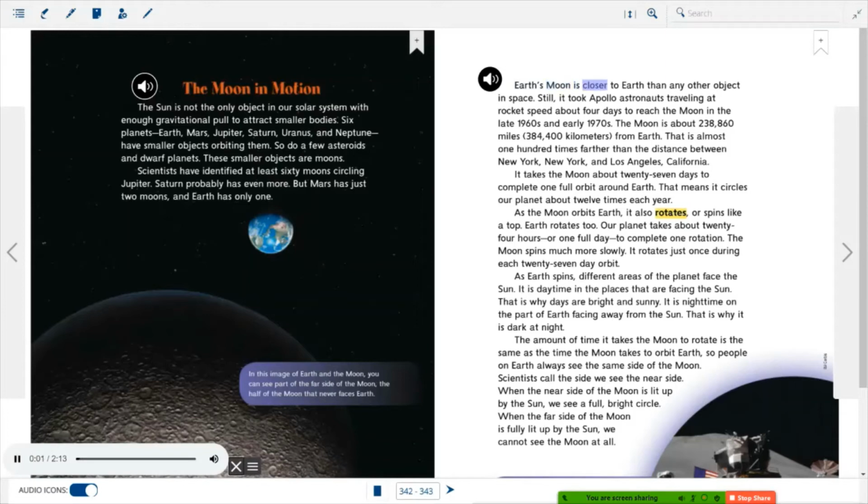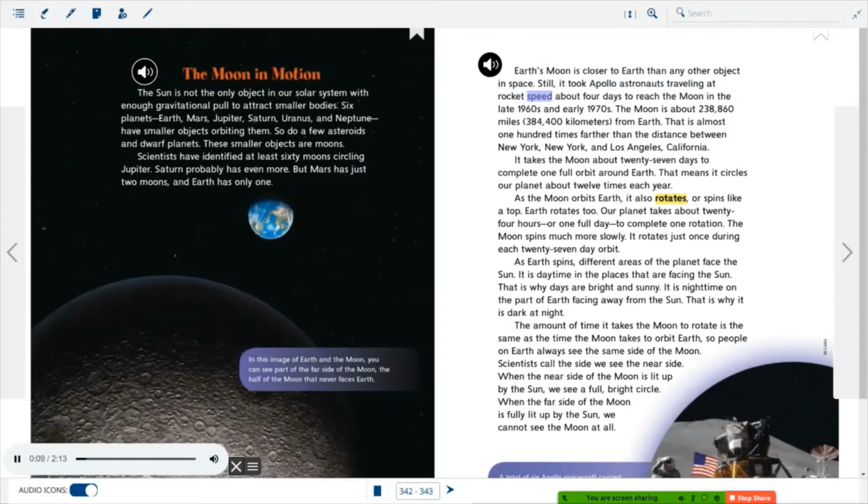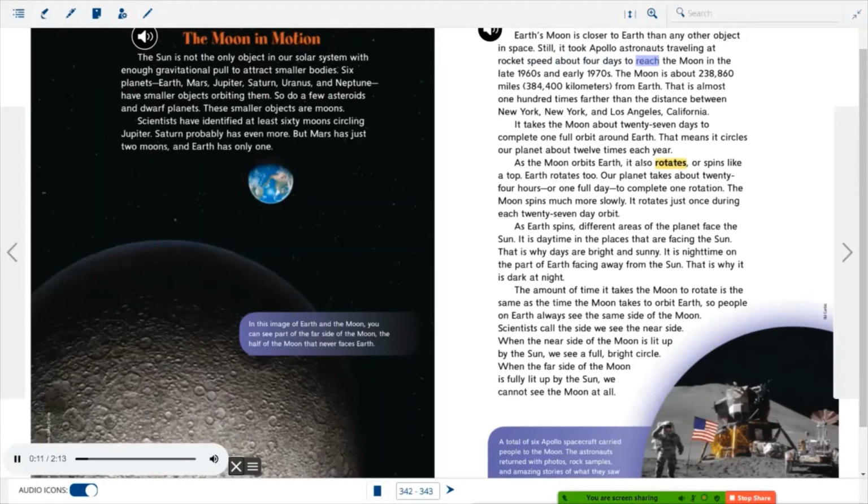Earth's moon is closer to Earth than any other object in space. Still, it took Apollo astronauts traveling at rocket speed about 4 days to reach the moon in the late 1960s and early 1970s. The moon is about 238,860 miles,